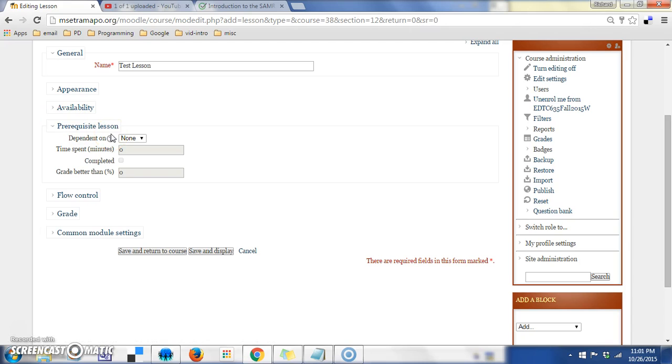Prerequisite lessons. So if you had built other lessons in here and they needed to complete a particular lesson before they came to this one, the lessons would be listed here and you could select it. Or you can simply say a certain amount of time must be spent on this lesson. So if you'd chosen, say, lesson 1 over here as a prerequisite, then you'd have to decide, well, what constitutes successfully completing that. It could be time spent on it. So you could say if you spent 30 minutes here on lesson 1, then you can